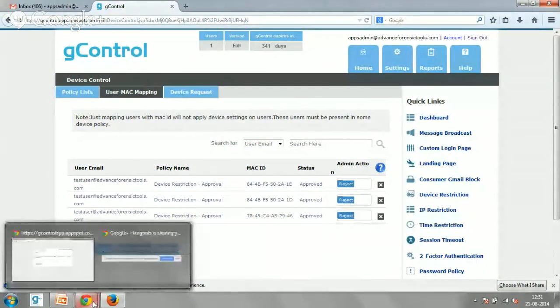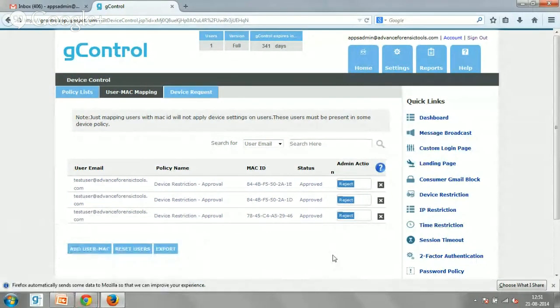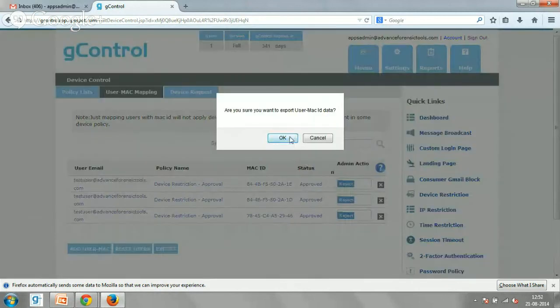If you see, there is an option to export. What we did for that customer was, once the data was collected, we exported all this data, did the bulk update, and then imported the data back into the policy.